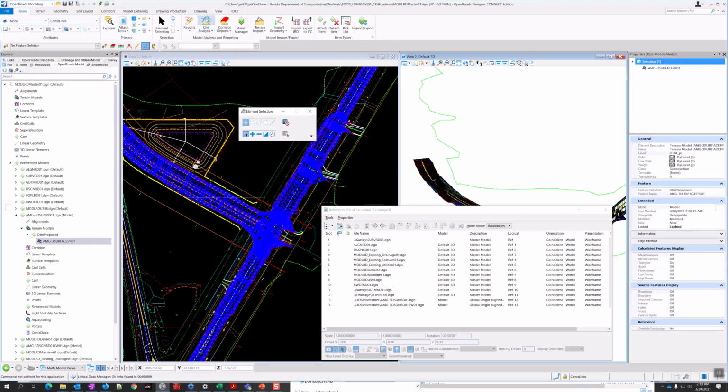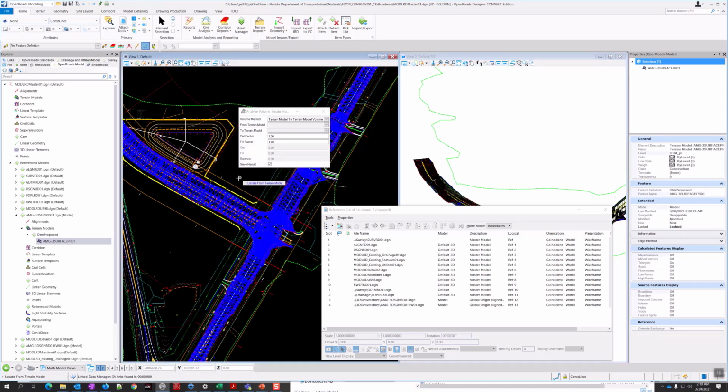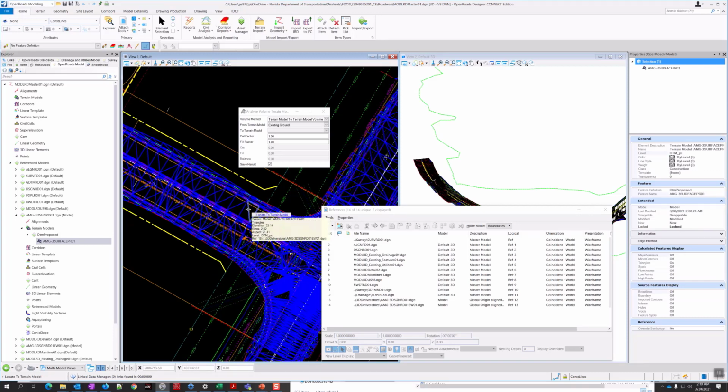Now I should be able to run that tool and have a differentiation between the two names. So terrain model volume. I'm going to accept that. It asks me to locate the from terrain model, so I'm going to select it here rather than from the menu, so I know I'm getting the right one, the GDTM-RD01 for the from. And then for the to, I could try to select it here. That's certainly one way to do it, and that would alleviate the naming issues as well.